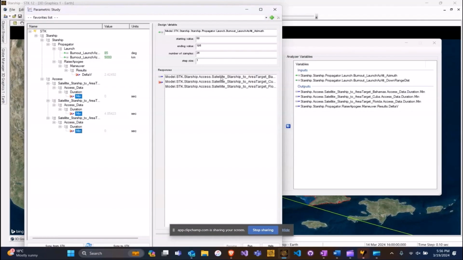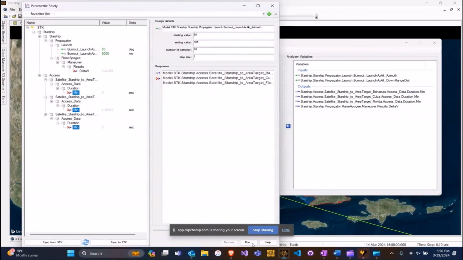In this case, I chose the minimum duration of my axis to see the impact of the azimuth on it. And I didn't have any idea what kind of azimuth I should begin with. So I just input a large range and a large amount of samples. And what happened is that once I ran the parametric study by clicking on the run button here,